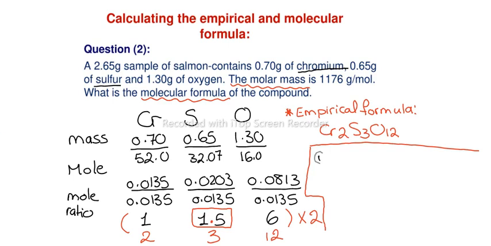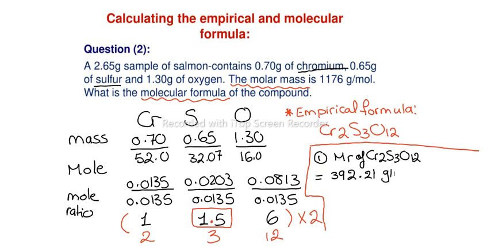So I will try to answer it right here, to make all the questions together beside each other. So the first step, you're going to find the molar mass of your empirical formula, which is Cr2S3O12. So you have 2 Crs, you have 3 sulfurs, and you have oxygens, which are 12. I'm going to write down a final answer, and you can double check that you have this answer as well. I think that you are familiar with calculating the molar mass. So it is 392.21